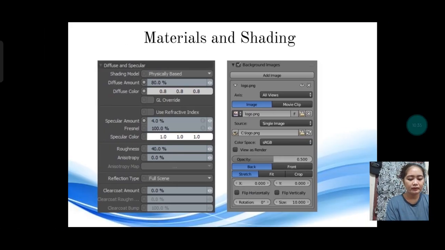Then click the color field to change the color. Then next is set the diffuse amount and specular amount percentage. Then enable any of the following options: the smoothing, which displays the texture in more detail in the 3D viewport.